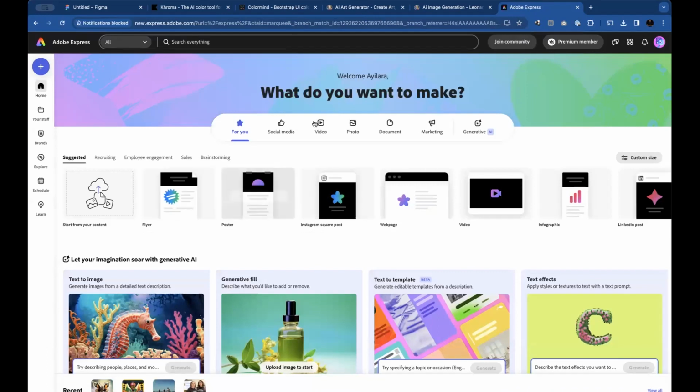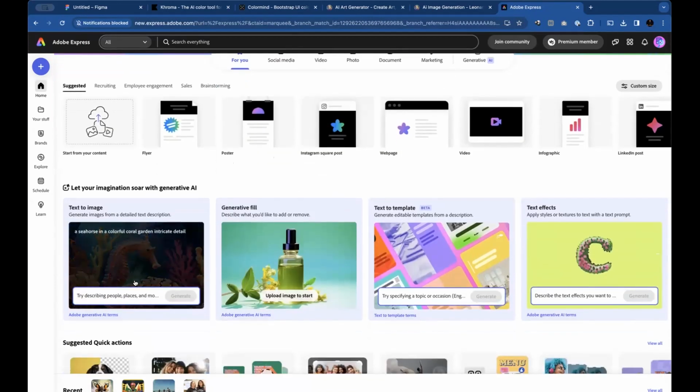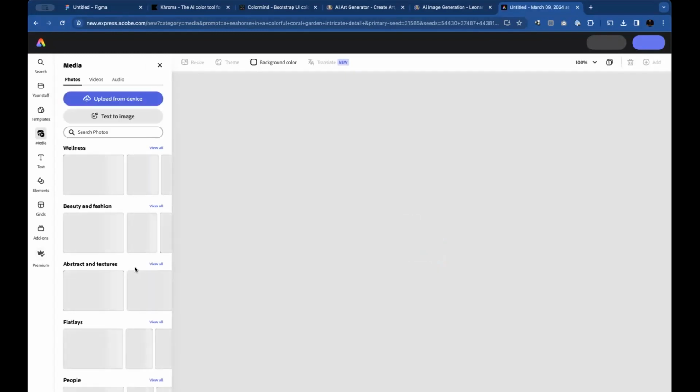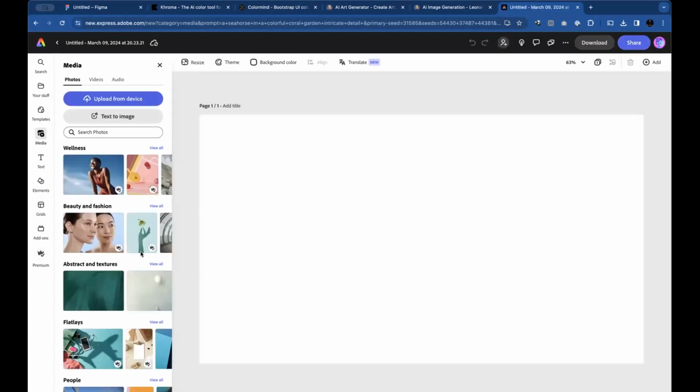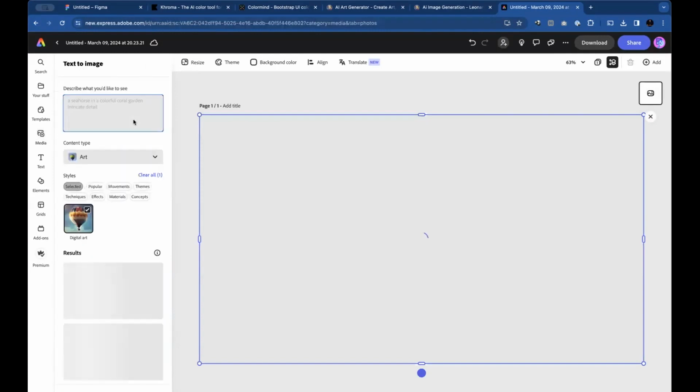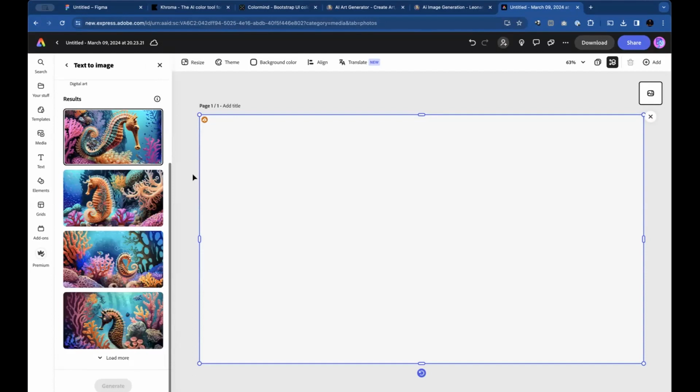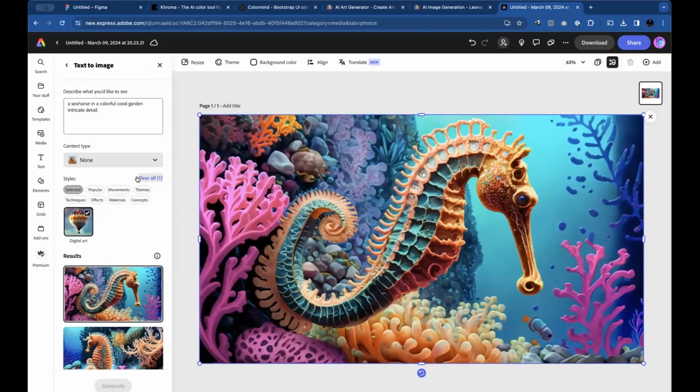It's good. Okay, so first and just briefly, I'm going to go into the text to image, the image generation, just to show us how it works generally. In this Adobe Express, you can transform your drawing into realistic images. But I will show you, because it is still in its very early stage. It is not as advanced as Leonardo or DALL-E or some other things. But this is some quick and easy things that you can do. And it also depends on your prompts. Whatever you generate, it depends on your prompt.